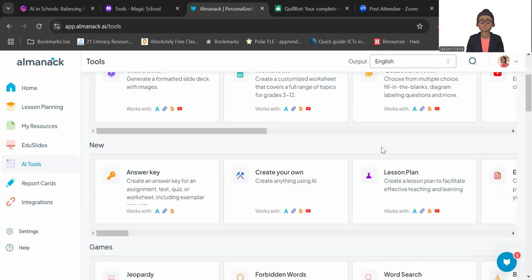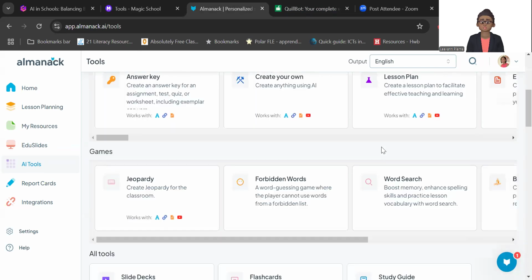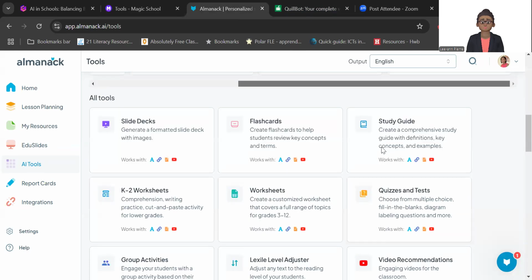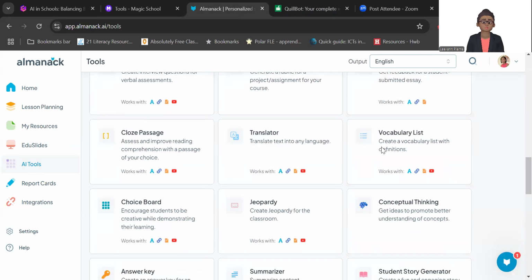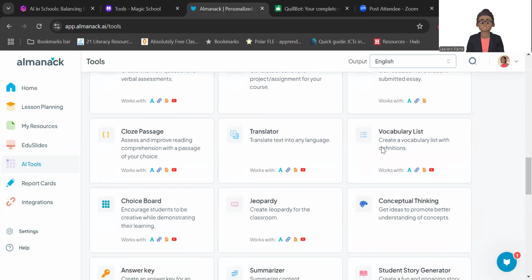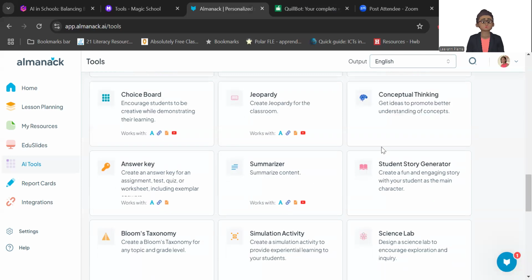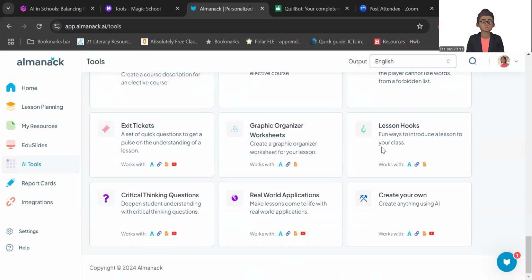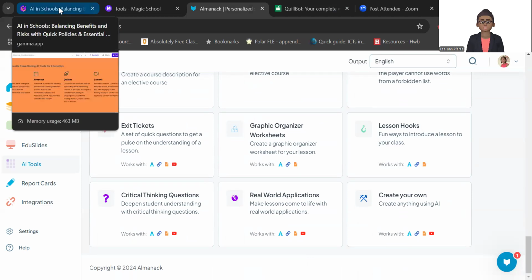I'm just going to scroll on the page so you can see a little bit of what it contains. You can even get questions for YouTube videos, vocabulary lists, translators, choice boards, simulation activities, a science lab, etc., song generators, and it goes on. Really, really fantastic tool. And the tools that I'm sharing today are tools that I've used myself. So I can safely say that they're quite beneficial in terms of time savers.